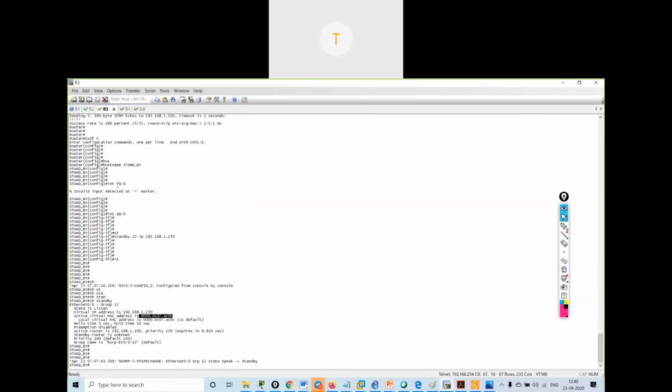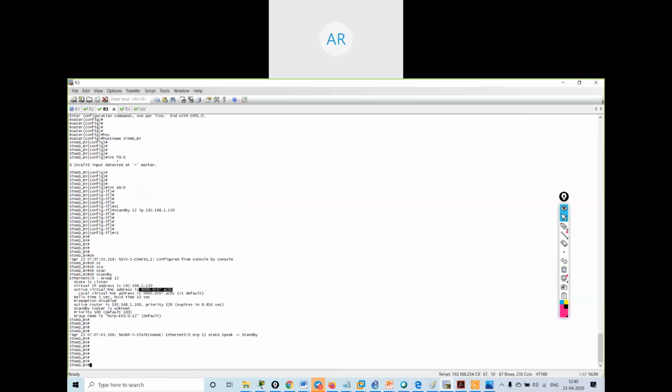Control Shift 6. Yeah, that's what I was saying. I have pressed control and shift then 6 also. Press X immediately, sir. Sorry? Come again. Control Shift 6 and release that and then press X immediately.